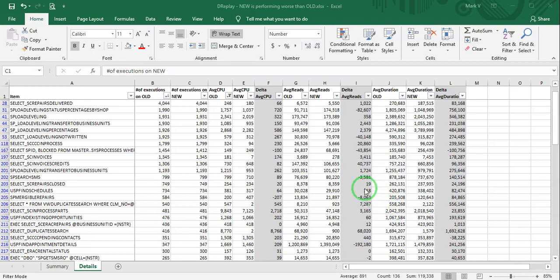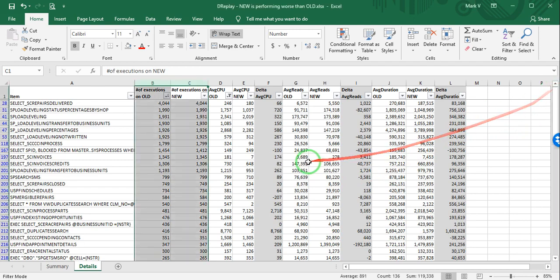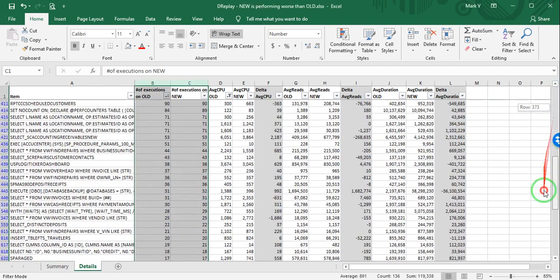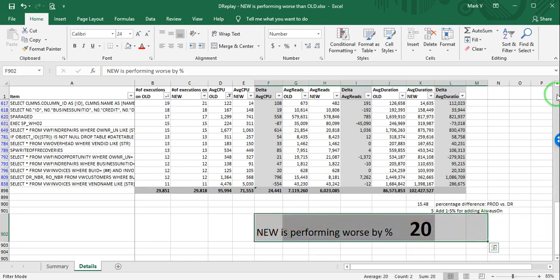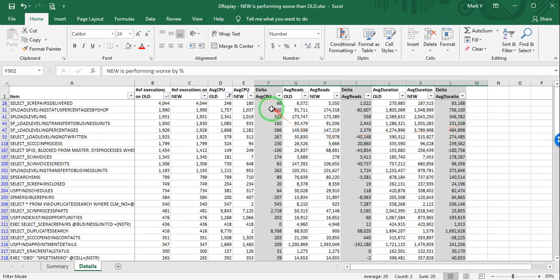Hey, wanted to explain what the distributed replay result set looks like. So this is an example of what we've done in the past. Basically, it comes out to this Excel spreadsheet, but at the end of it, you're able to say this new server is performing better or worse, and we can test different configurations and stuff like that. In this case, it was worse,